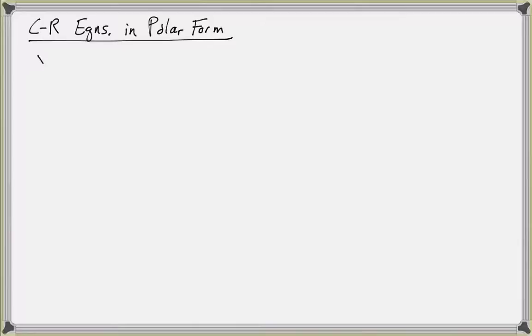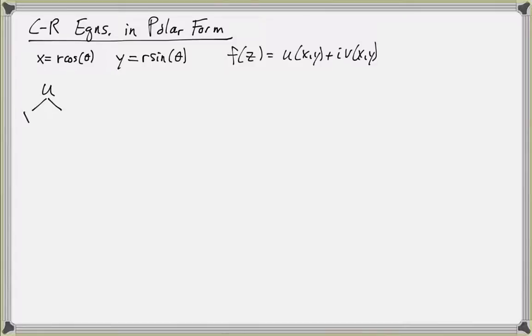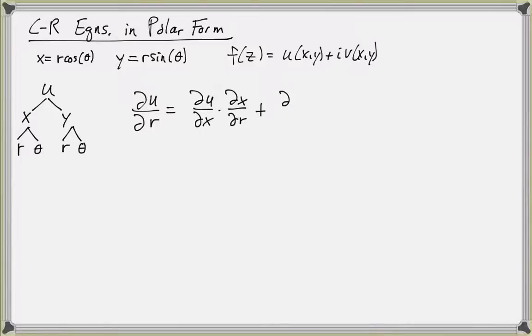So if we have x equal to r cosine of theta and y equal to r sine of theta, then when we write f of z as u of x,y plus i v of x,y, we use the chain rule. u is a function of x and y, and x and y are functions of r and theta, so the derivative of u with respect to r will equal the derivative of u with respect to x times the derivative of x with respect to r, plus the derivative of u with respect to y times the derivative of y with respect to r,